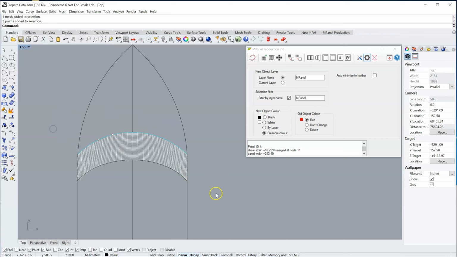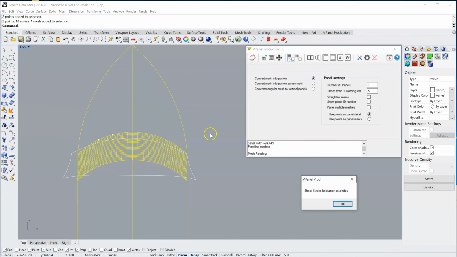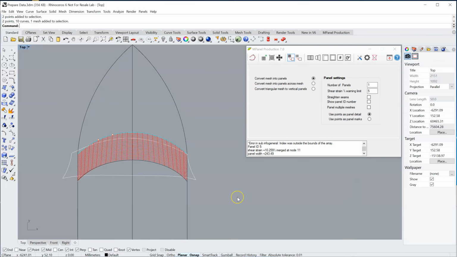If we want to panel those, we can have filter by layer name turned on and set to MPanel. We can then select everything in that area, run the panel tool, and the panel will be created because all of the other entities which weren't on the layer called MPanel are ignored. Now, often you can achieve the same results with a little more control using the Rhino tools, and in particular the Rhino hide objects tools to hide objects which are on a particular layer. But there are situations where it's useful to be able to use that